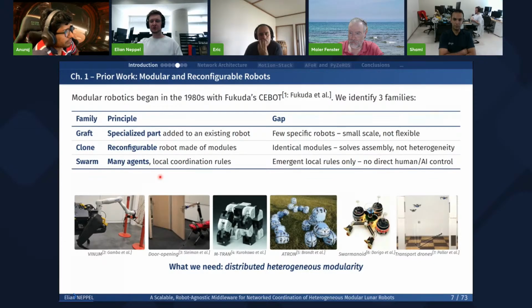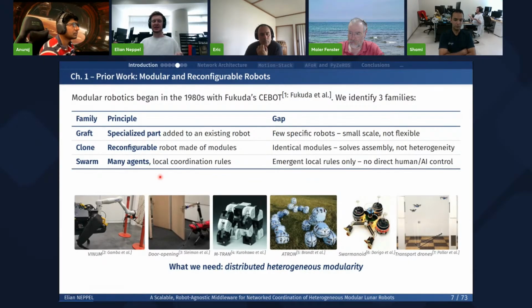Then we have the clone or homogeneous family, where we have a reconfigurable assembly, which is the same thing we have on the moonbots. But all of the components of this assembly are homogeneous, so they are exactly the same. It's not exactly like the moonbots, because on the moonbots we have wheels, we have arms, we have simply connection points that are not all the same. The last modular family would be swarm robotics.